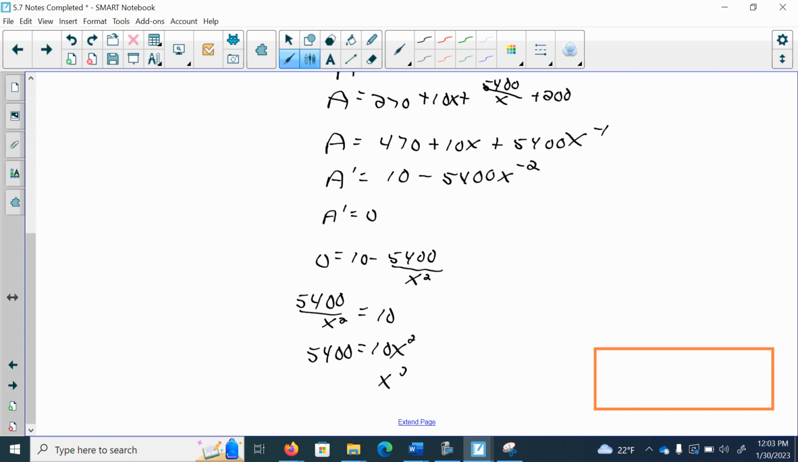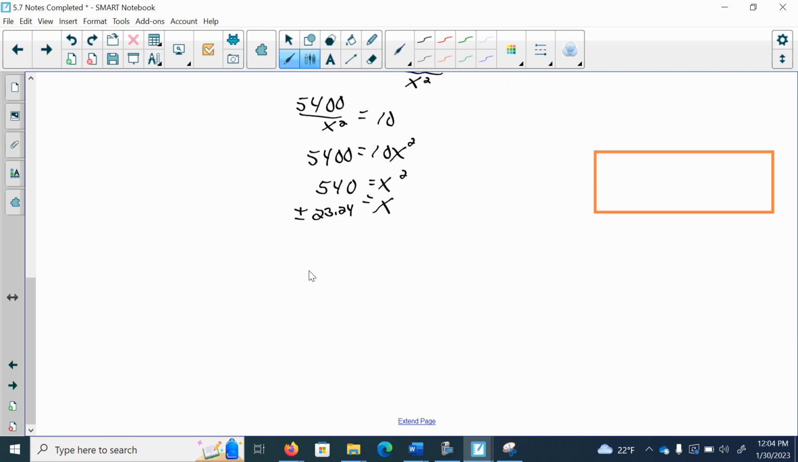So I'm going to have x squared is equal to 540. And when I take the square root, that doesn't come out as a perfect square. So I'm going to round it. And I'm going to say x is equal to plus or minus 23.24. Remember, this is dimensions, so I'm going to ignore the negative. So I'm going to say my x is equal to 23.24. And I believe my units were feet. So now that I know my x is 23.24 feet,